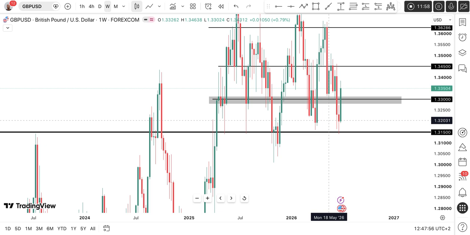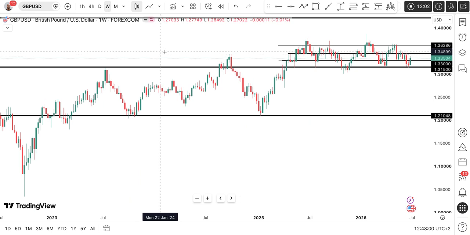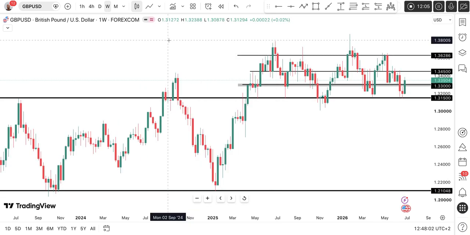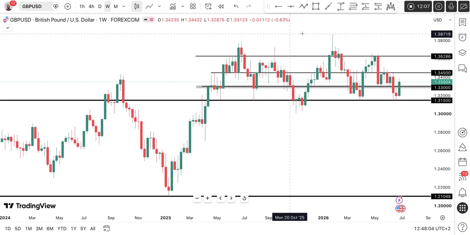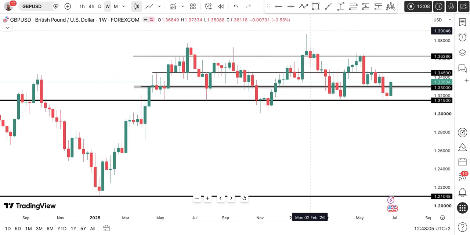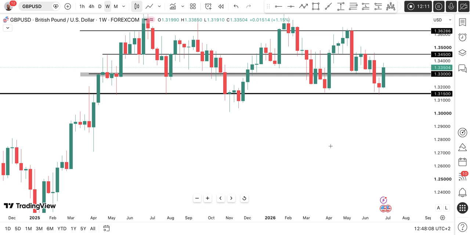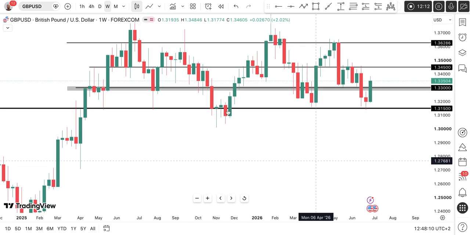But my job as a trader is to anticipate, or you can call it predict, what's going to happen. So if you look to the left-hand side on the weekly time frame, even though we are bearish, every time we came into this price,